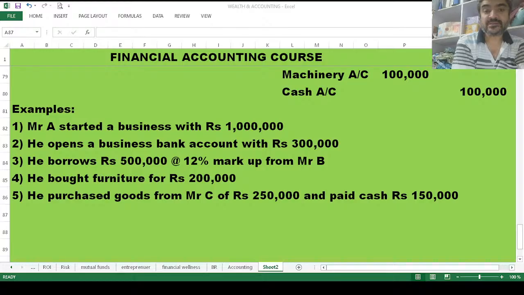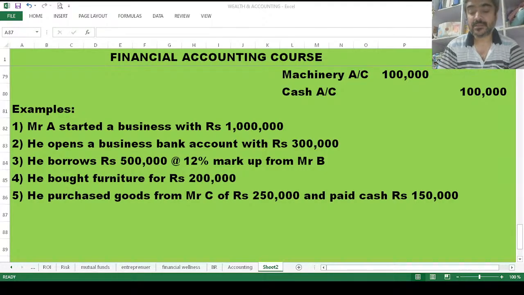The second change is that there is a decrease in cash balance by rupees 150,000 because the company has paid this amount and cash is an asset. And the third effect is that there is an increase in creditor by rupees 100,000